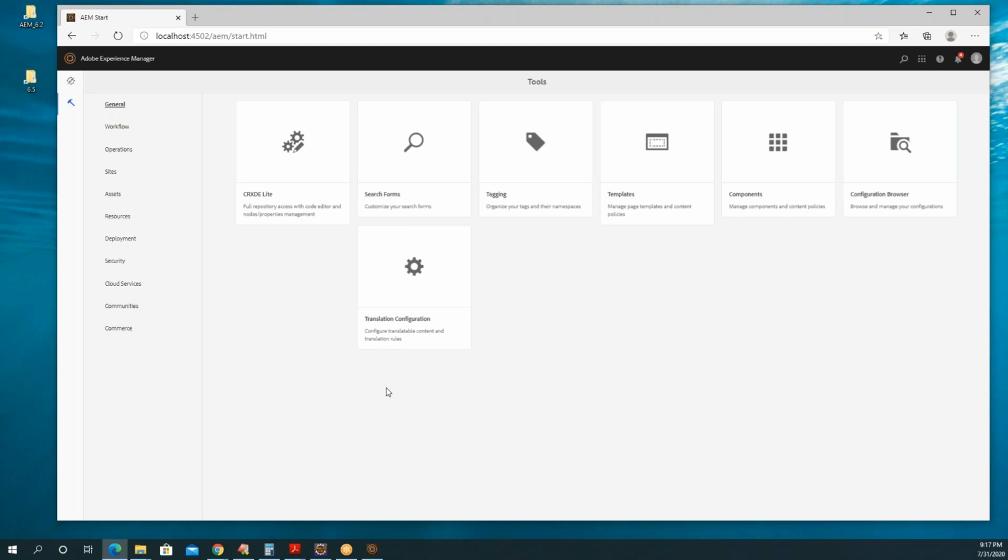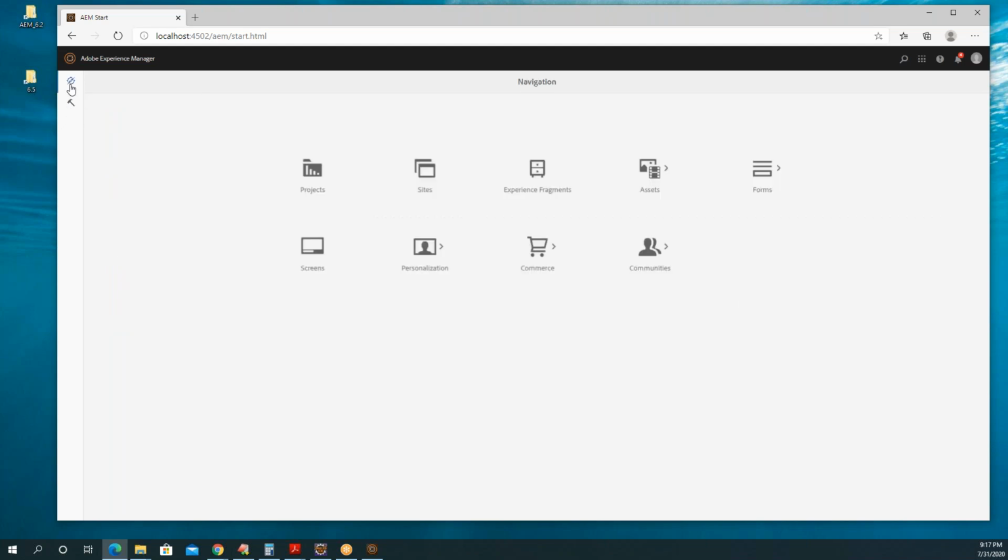Click on the other icon in the left rail. Not here. The left rail where the hammer symbol is the first one. Here you can see sites, experience fragments, digital assets.